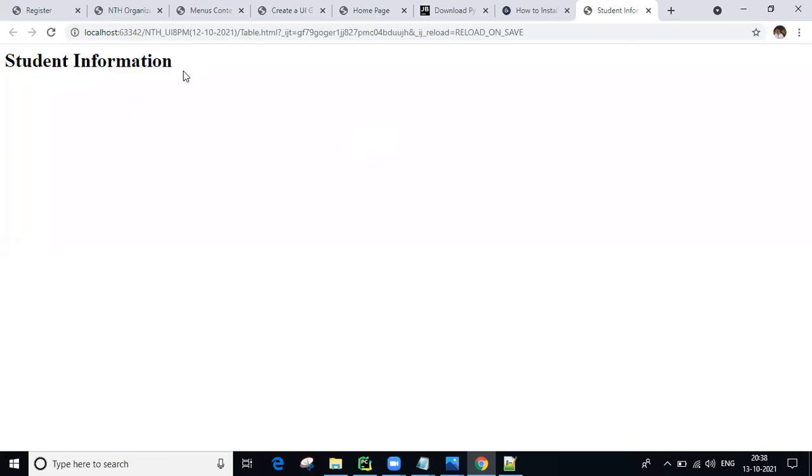Student information, the H1 tag, is displayed. And here you can see the title, guys. All people can see the title here. So student information is the title. The title tag is displayed like a browser tab, guys, the browser tab content. And this body-related tag is what you get as output. Okay, yes.